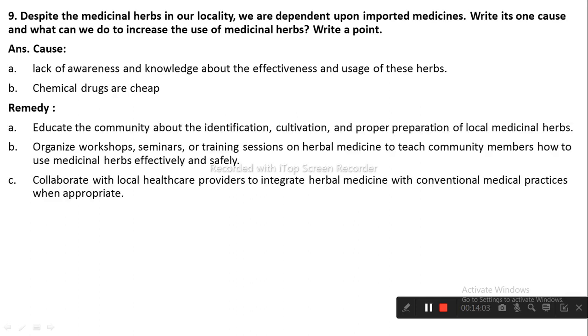And to overcome this remedy, or to increase the use of medicinal herbs, we have to educate the community about the identification, cultivation, and proper preparation of local medicinal herbs. We have to organize workshops, seminars, or training sessions on herbal medicines to teach community members how to use medicinal herbs effectively and safely. And we have to collaborate with the local healthcare providers to integrate herbal medicine with conventional